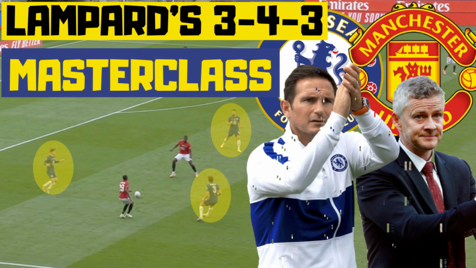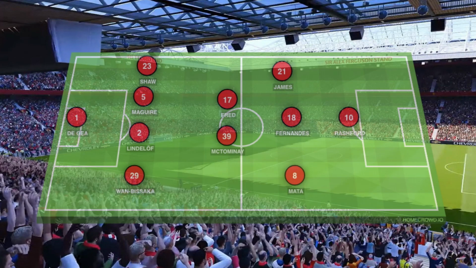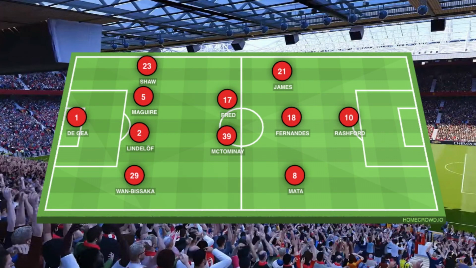Lampard has also used a variety of systems throughout his tenure, but the most success he's had against Manchester United has been with a 3-4-3 system, which was so effective in the FA Cup last season at shutting down United's attacking build-up. What we saw is Solskjaer reverted to a 4-2-3-1 shape with De Gea in goal, Wan-Bissaka at right